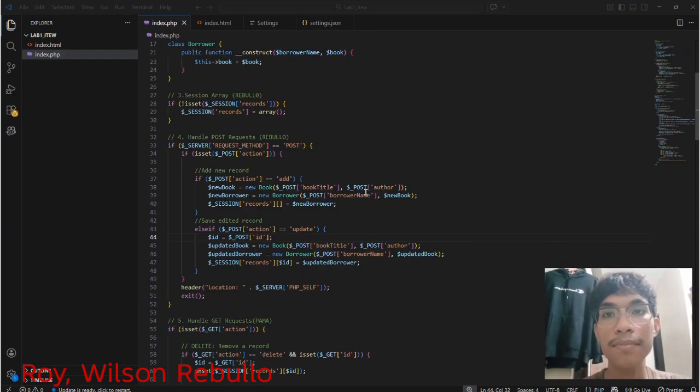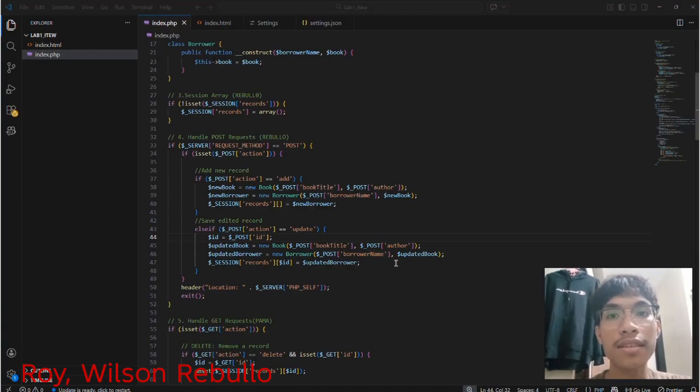If the action is add, the program creates a new book object using the entered book title and author. Then it creates a borrower object using the borrower's name and the created book. But if the action is update, the program gets the ID of the record that needs to be edited. Then it creates a new book object and new borrower object with the updated information.